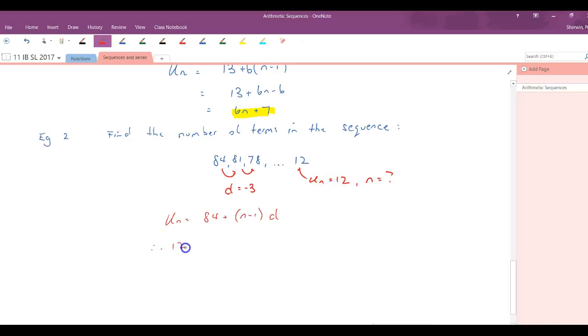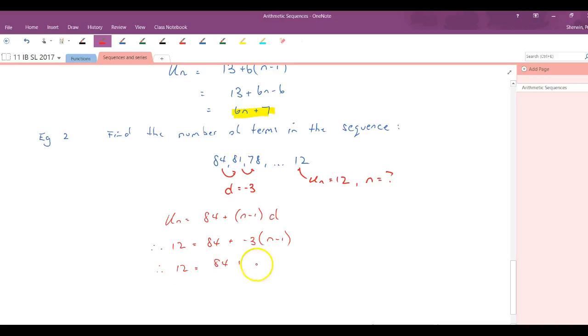So we can sub 12 in here, 84 in there. d we also know is minus 3. So when we put everything in that we know, we're just left with n to solve. n will give us what number term 12 is. So if we just solve this